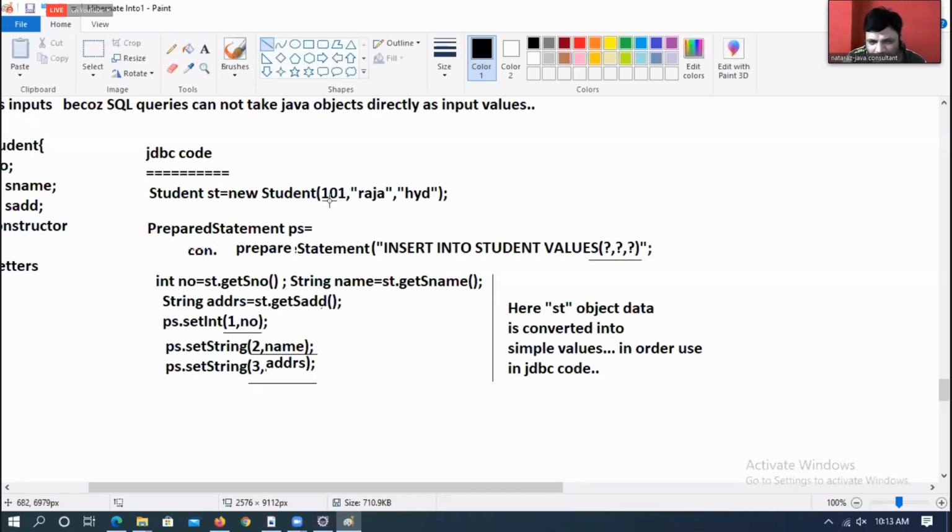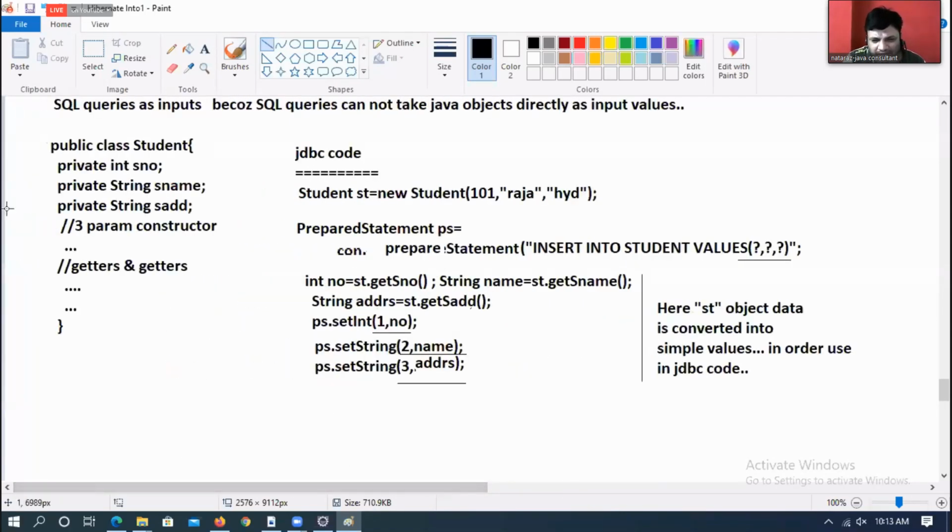See, here I am having an object with three values. Am I putting the object as it is in the query? No. I am converting object data into simple values in order to set it to the query. Did you realize that?